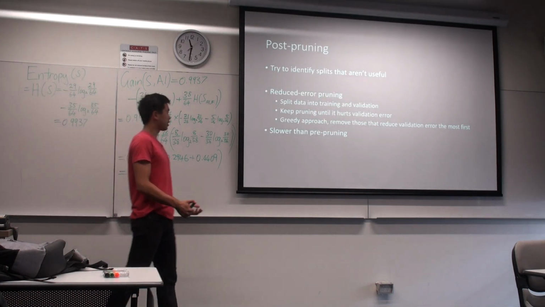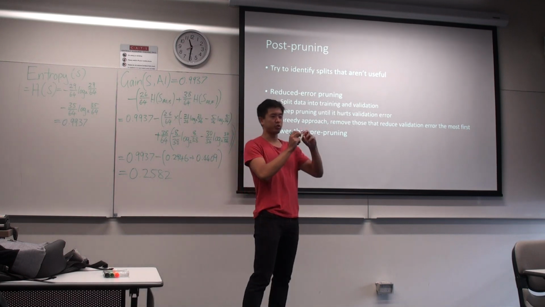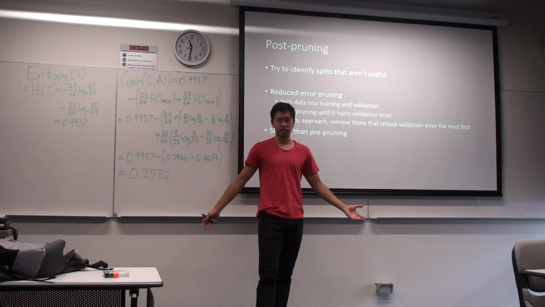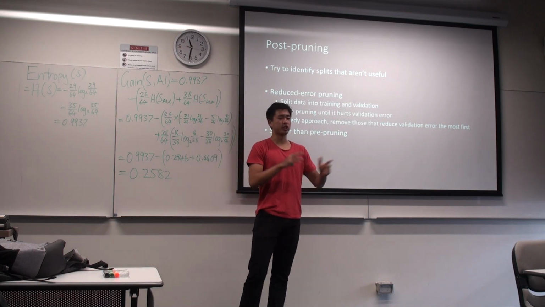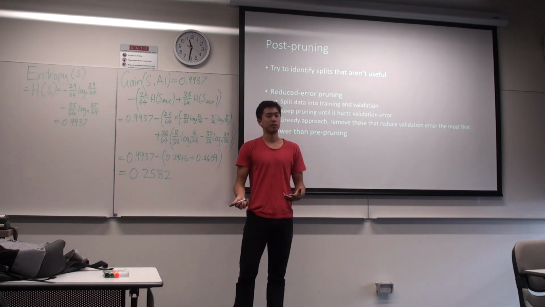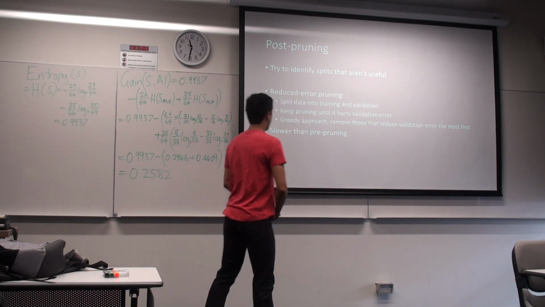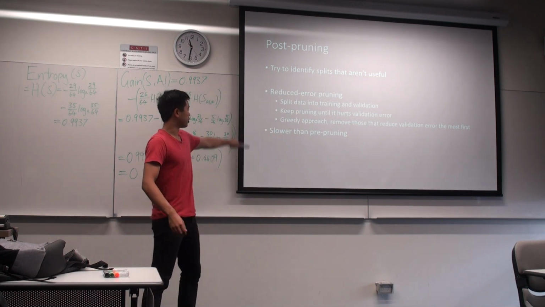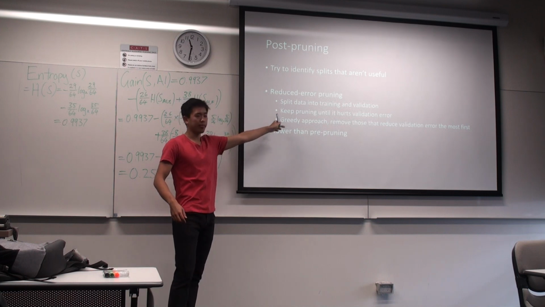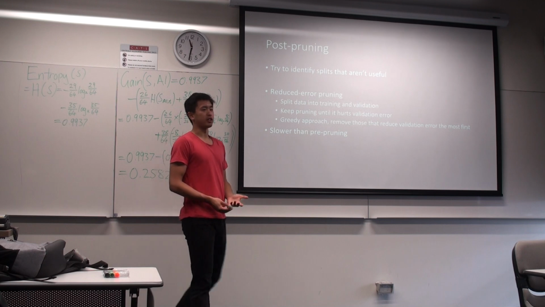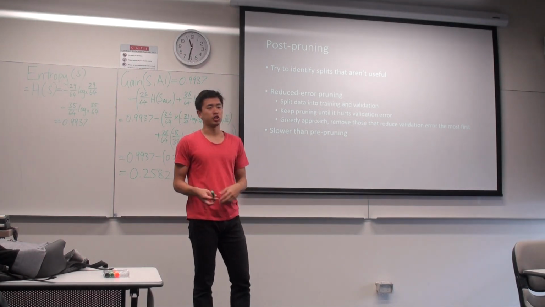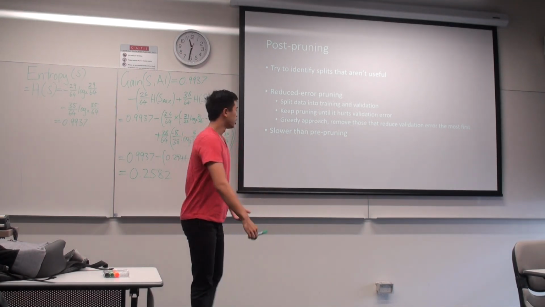So post-pruning, as I mentioned, is letting the tree grow out to as big as it wants to, and then from there trying to decide which branches to cut off, which ones aren't important. I'm just going to talk about the reduced error pruning method, and this relies on cross-validation, or not even cross-validation, just validation in general. So if you remember,